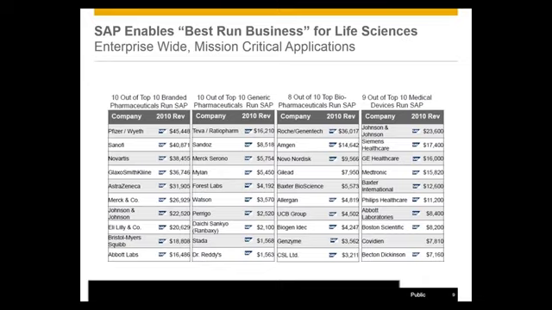In top biopharmaceutical, you will see, for example, customers like UCB or Biogen or Genzyme. They're typically biopharmaceuticals, and 8 out of 10 companies are running on SAP. And on medical devices, if you see Johnson & Johnson, Siemens Healthcare, GE, Medtronic, maybe Philips Healthcare, Abbott Laboratories, 9 out of 10 medical devices companies today are running on SAP. So this is just to give you a little glance at what SAP has delivered to the entire industry in chemical and pharmaceutical.